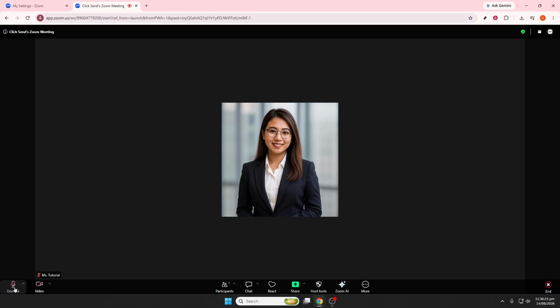In meetings, when your camera is off, Zoom can display this picture instead of showing live video, depending on your meeting setup and account behavior. If you don't see the change right away, try closing and reopening Zoom so the update can refresh properly. That's all it takes. Uploading a profile photo is the key step to